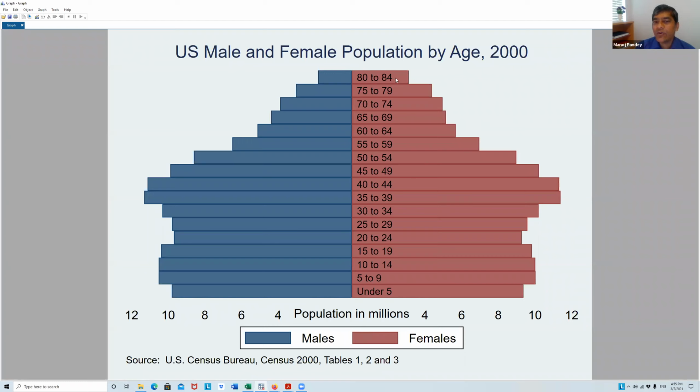But then if you go to the 80 to 84, more female than male, right? So this is US data, not India data, so don't worry about it, right? But then you can see here that it is either because of the son's preference or because of some other reasons. This is called aging of feminization, because those who are in 75 and 80, mostly women live longer than the men. So your distribution is skewed towards old age women. Okay, so you can tell a lot of story using this graph.